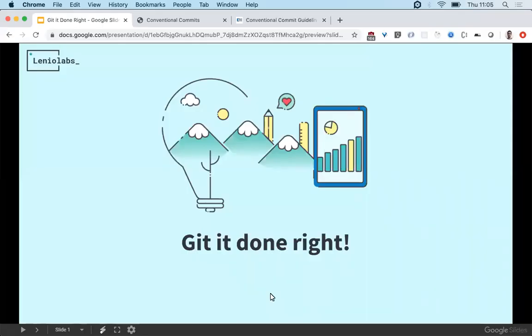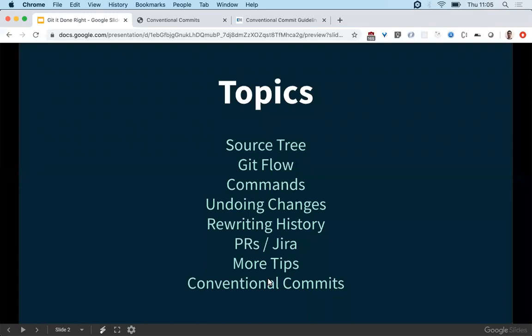Massachusetts. Okay, all yours. Hey guys, so this time I'll be talking about getting it done right. First of all, these are the topics I'm gonna touch on this meeting. So, a quick overview. First of all, I wanna focus on getting all the terms right. So I'm not gonna be focusing that much on specific commands from the terminal. I will show some of them, but I also wanna give